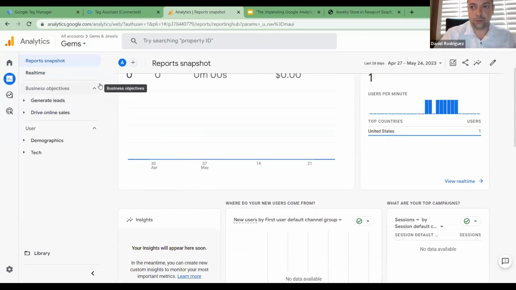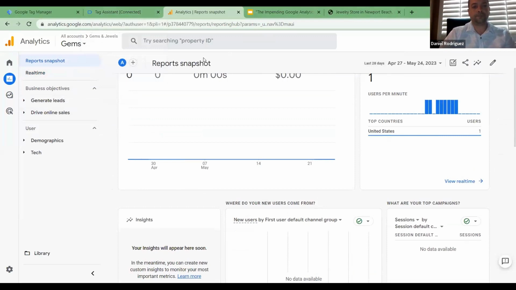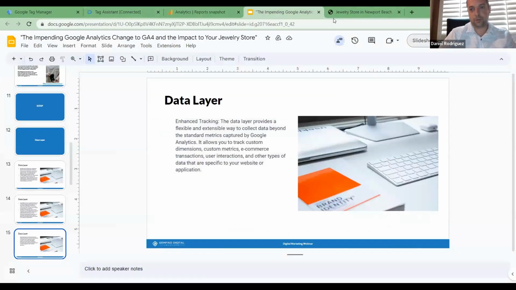But I can show you one of our Google Analytics for our company later on, just for you guys to see how it really should look. Now, if we go back to our slides,